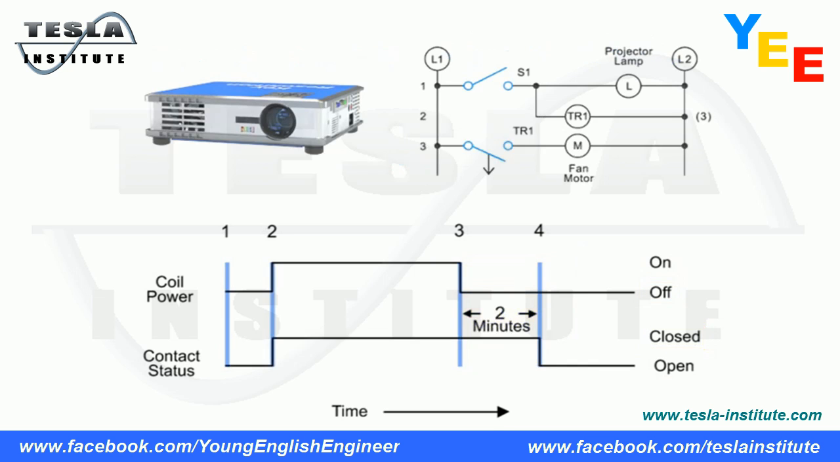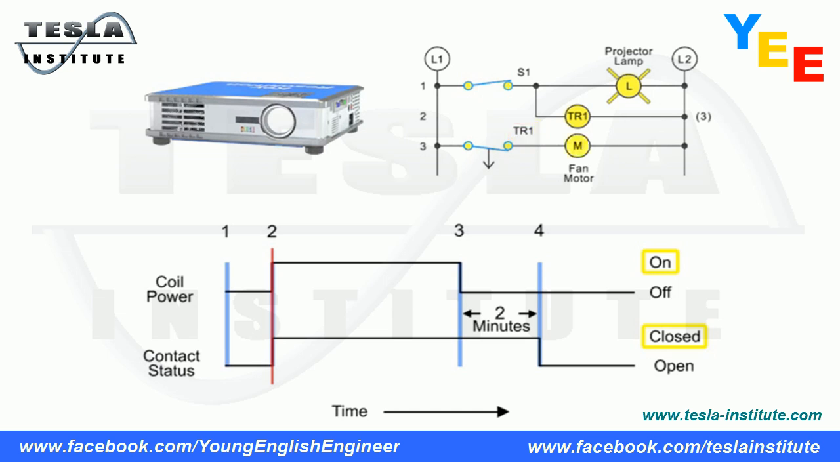Let's look at a common application of a normally open, timed open relay in the operation of a video projector. In this circuit, closing switch S1 turns on the projector bulb and activates timer coil TR1. With timer TR1 energized, normally open contact TR1 immediately closes, energizing the fan motor, which controls the cooling of the